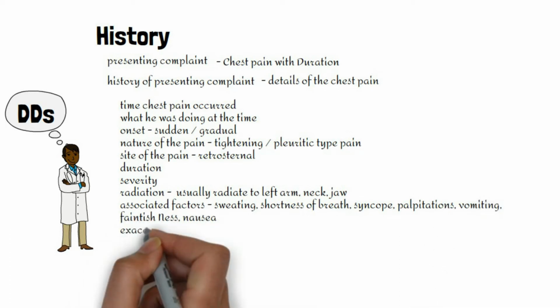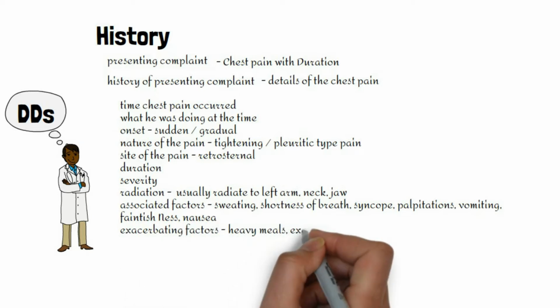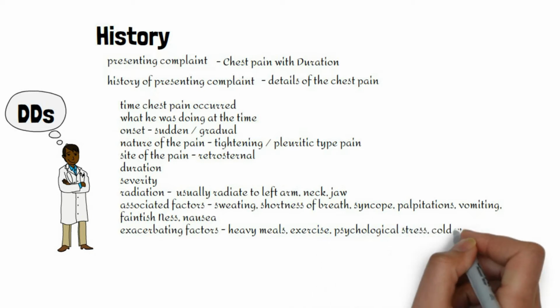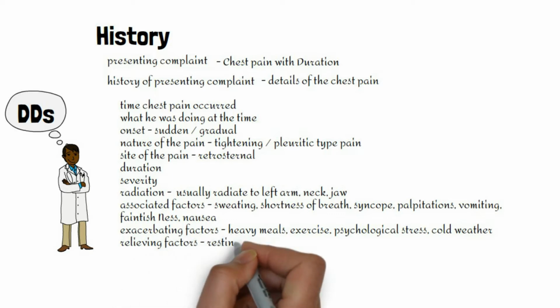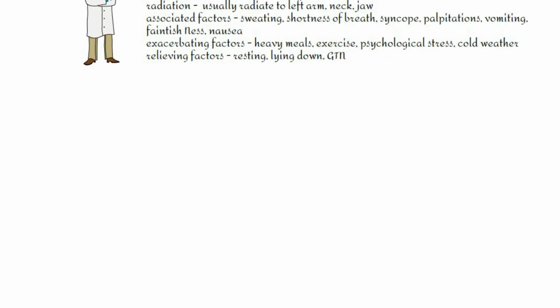Associated factors, sweating, shortness of breath, syncope, palpitations, vomiting, faintishness, nausea in cardiac causes. Exacerbating factors, heavy meals, exercise, psychological stress, cold weather. Relieving factors, resting, lying down, GTN. Now you know what to ask about symptoms, but you also need to know what symptoms arise in conditions which cause chest pain. Now let's look at some differential diagnoses and some specific symptoms which may help you to differentiate